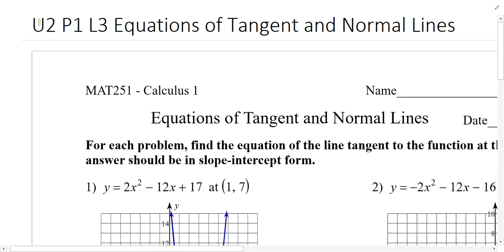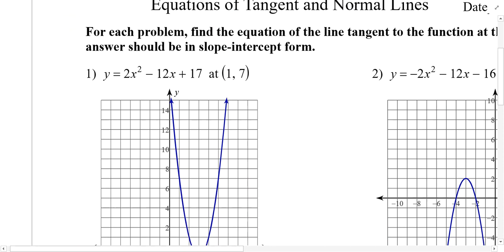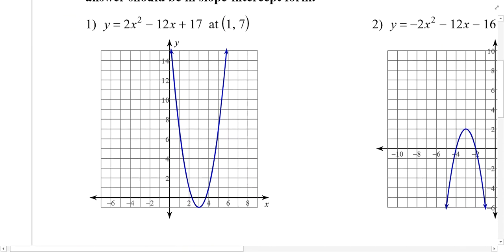In this video, I'm going to cover Unit 2, Part 1, Lesson 3 of our calculus class, in which we get practice computing and calculating derivatives of polynomial functions, and we'll also talk about the equations of tangent lines as well as something new that are called normal lines. Now, also in this video, I'm going to practice with the alternative notation for derivatives so that we can see